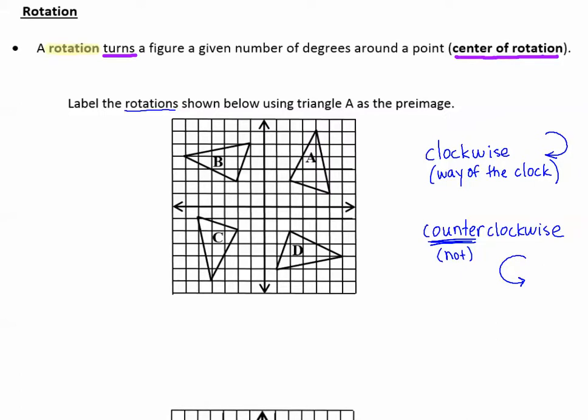Figure B is a 90-degree because it's turned on its side. Counterclockwise rotation, 90-degree counterclockwise for figure B. Figure C, if I rotate from A, because it gets completely turned around,